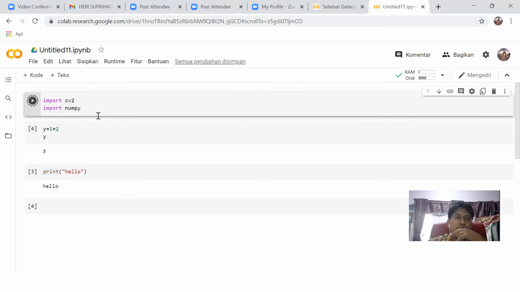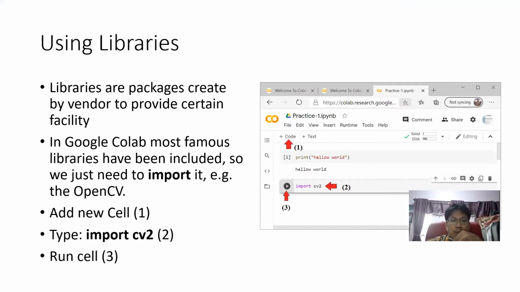NumPy is a facility to manipulate matrices, vectors, arrays, etc. This is the famous library for mathematicians or computing. Okay, we continue.